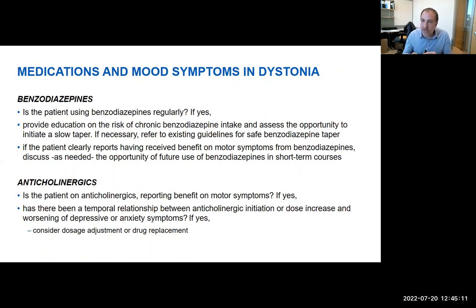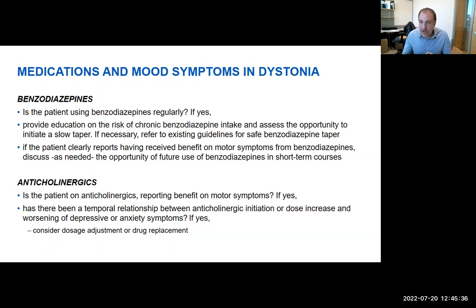I mentioned earlier that due to their potential beneficial effect on dystonia, and to the fact that patients with dystonia are not adequately followed up for their anxiety and mood problems, there's a tendency for chronic use of benzodiazepines. If this is the case, then